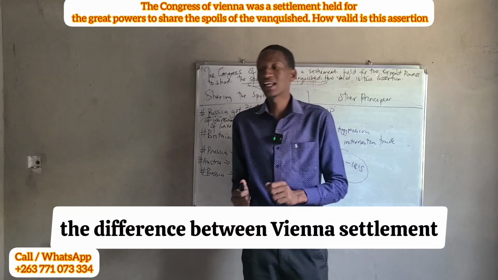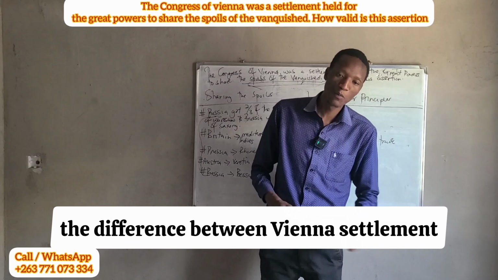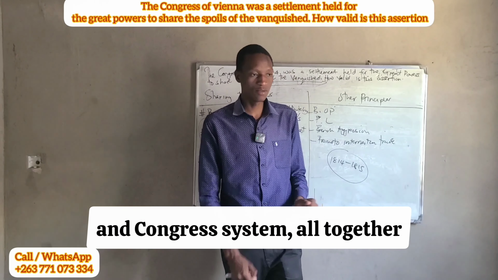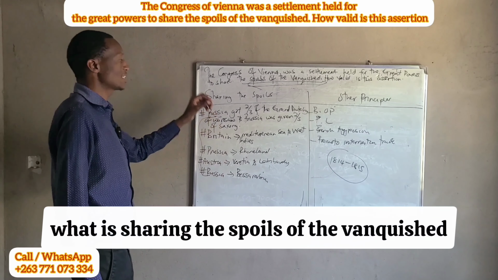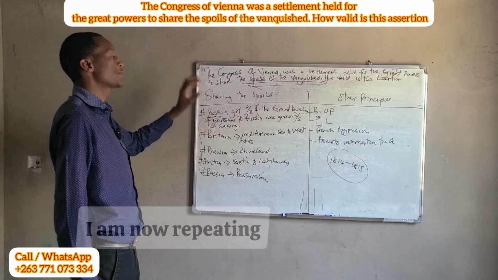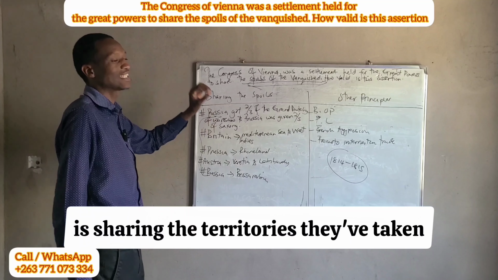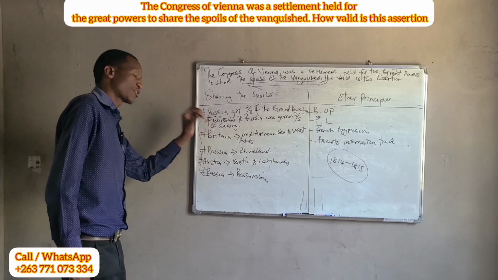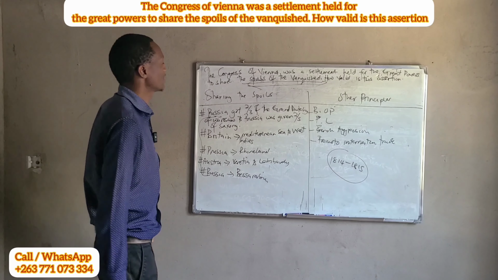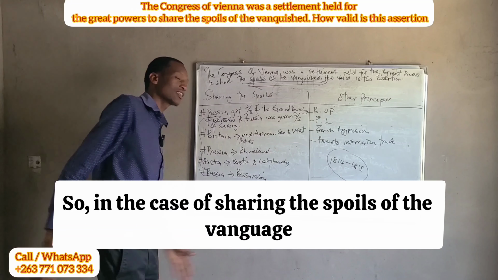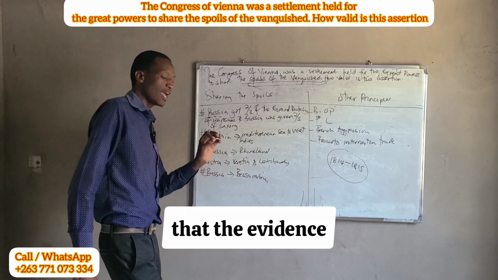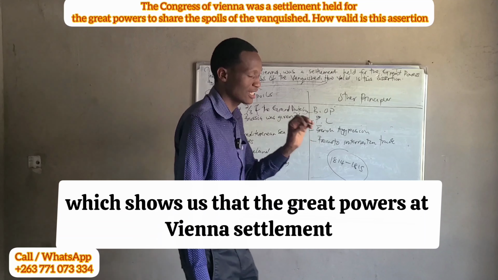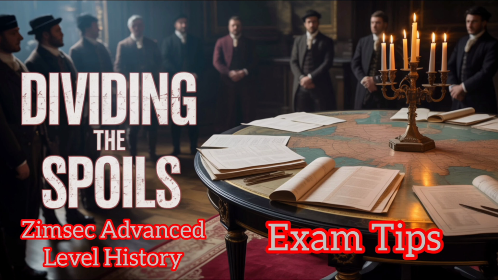Differentiate the difference between Vienna Settlement and Congress system. Are we together? So in this case now, what is sharing the spoils of the vanquished? I am now repeating, it is sharing the territories they've taken from the defeated powers. Right. So in the case of sharing the spoils of the vanquished, we evaluate the fact that the evidence which shows us the great power